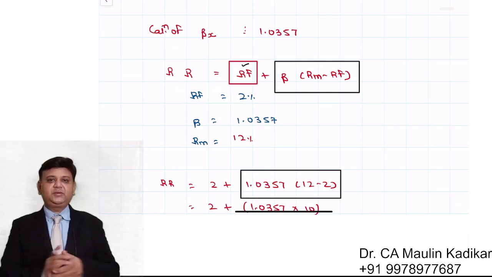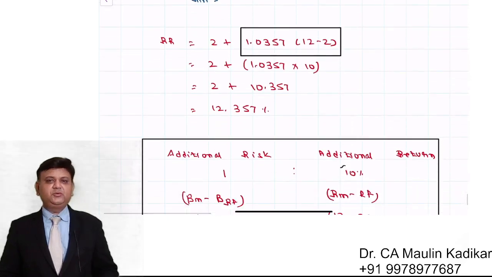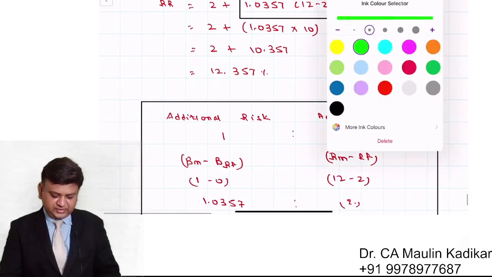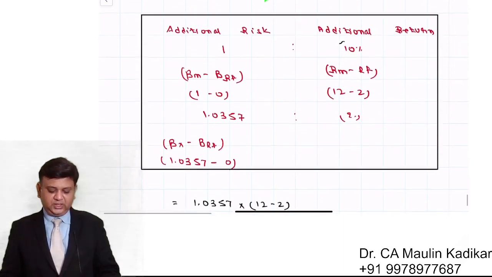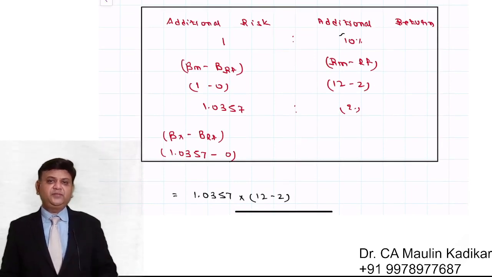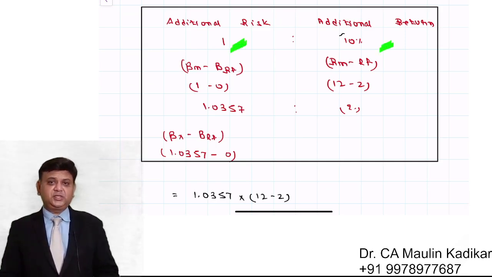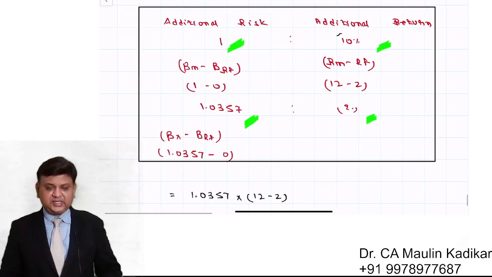लेट अस हैव द समरी ऑफ द एंटायर क्वेश्चन। हमको पहले क्वेश्चन में ये पूछा है कि कैलकुलेट द रिक्वायर्ड रेट ऑफ रिटर्न फ्रॉम द सिक्योरिटी। तो उसके लिए हमने क्या किया, सिंपल फॉर्मूला यूज किया, RF प्लस बीटा इंटू RM माइनस RF एंड द रिक्वायर्ड रेट ऑफ रिटर्न इज 12.357। उसका लॉजिक इंपॉर्टेंटली ऐसा है कि अगर मैं मार्केट में इन्वेस्टमेंट करता हूं इंस्टेड ऑफ रिस्क फ्री सिक्योरिटी, तो ये 1 यूनिट के रिस्क के सामने मुझे 10% का एडिशनल रिटर्न मिलता है। ये सिक्योरिटी का रिस्क कितना है, 1.0357। रिस्क फ्री के सामने कितना एडिशनल रिस्क है, 1.0357। उसके सामने इतना एडिशनल रिटर्न मुझे चाहिए।